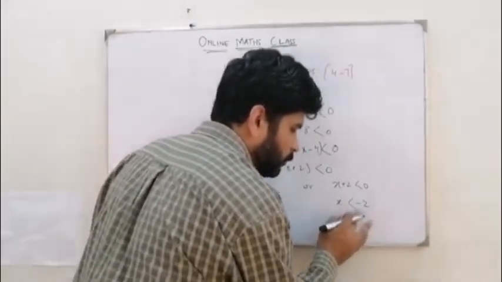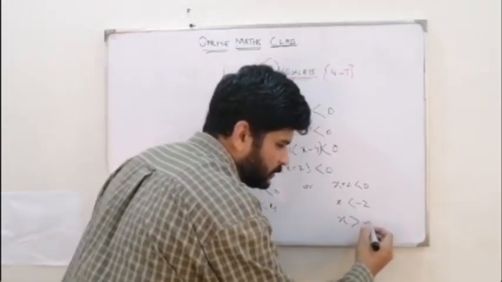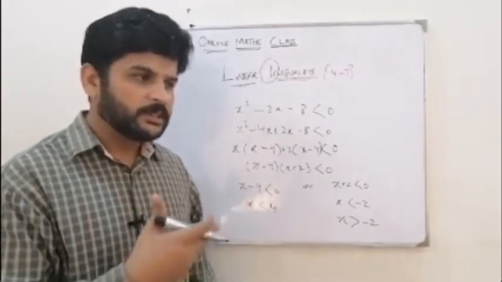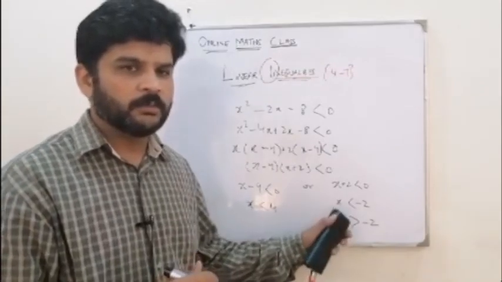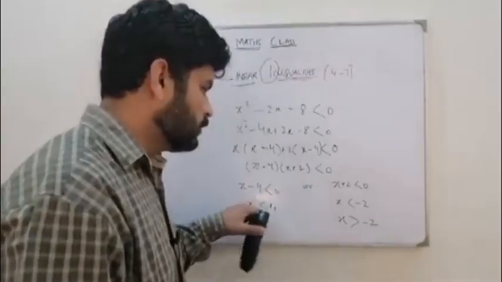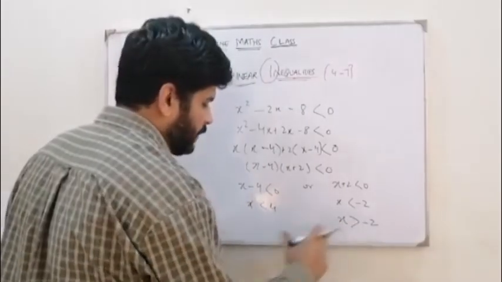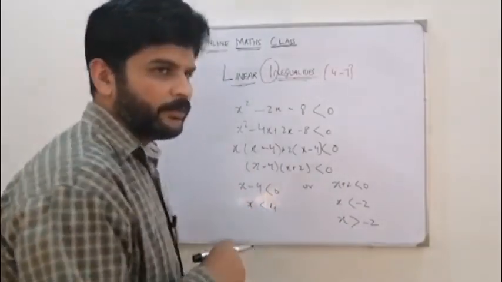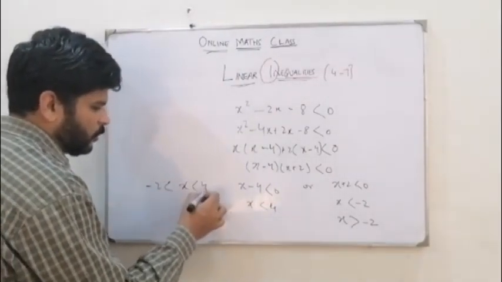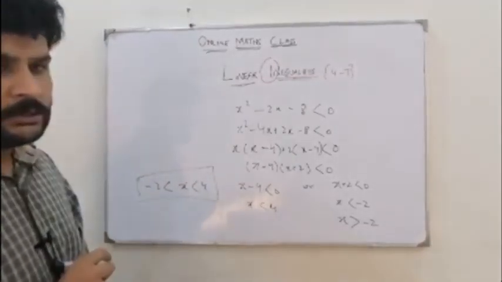So if the smallest number is minus 2, you need to change the sign of that, make that number a greater sign. You need to remember this in O levels. You don't need to have the concept of this, right? You got two inequalities, so always shift the sign of the smaller number. So your answer will be x is greater than minus 2 but less than 4, right? So you can make it this way as well with a single inequality, or even you can leave it here, your answer will be correct. So this is how you solve it.